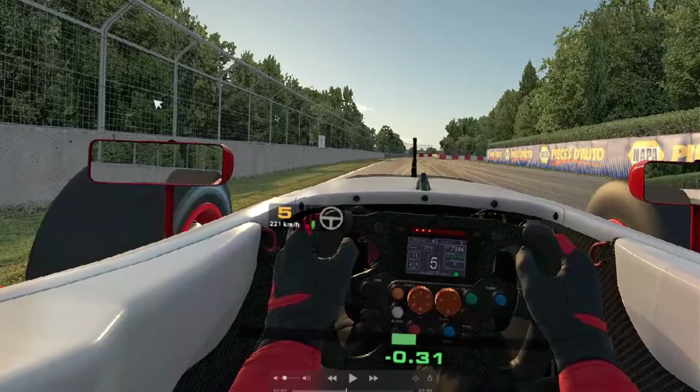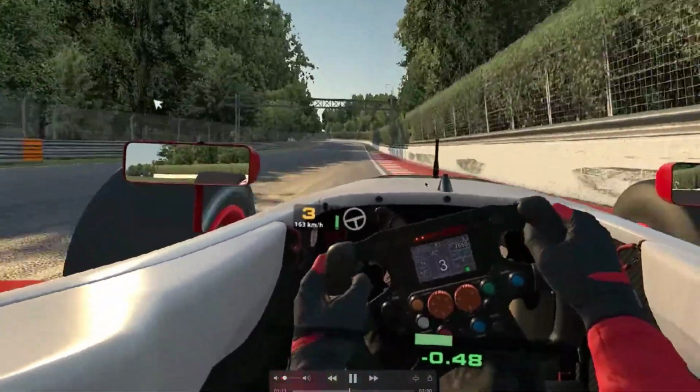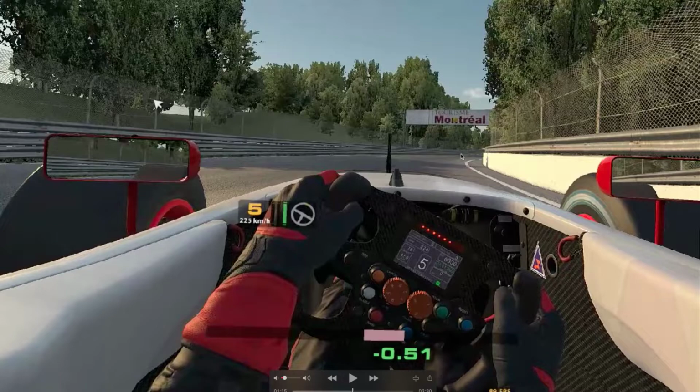Again, you brake here into third, you take the apex, you wait to come off the bump and the car to be straight, and then you can accelerate again. Follow this corner here. Don't try to squeeze the car too much towards the wall, because